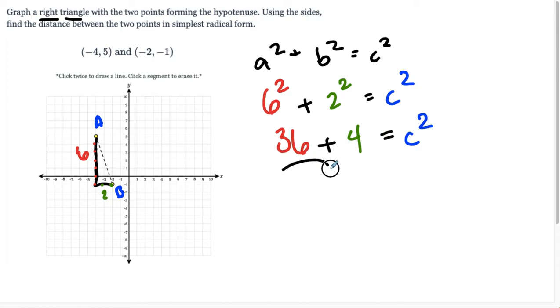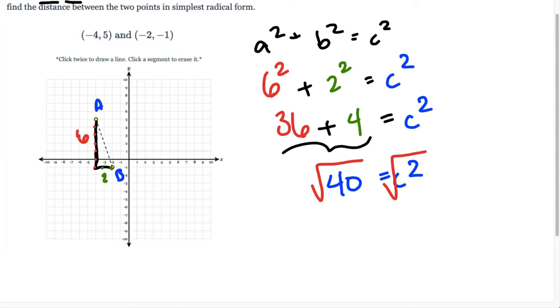36 plus 4 is equivalent to 40, and now we are almost there. Now the square root of 40 is what we need to know, right? So the square root of 40. Now, if it says to round to the nearest tenth, you can use a calculator for that, but it says to simplify it. So we're going to use that nice, wonderful little trick. We're going to find 2 factors of 40. One of them is going to be the greatest